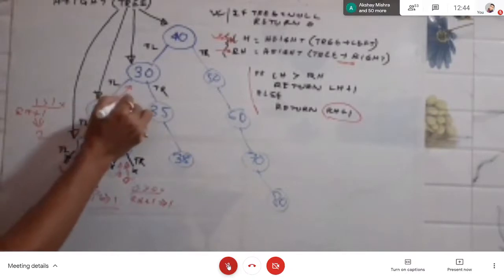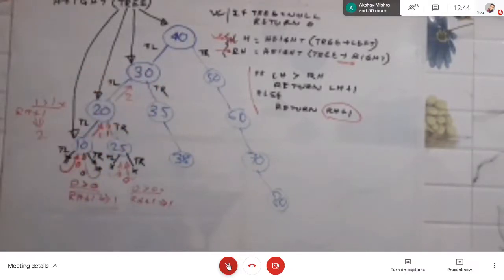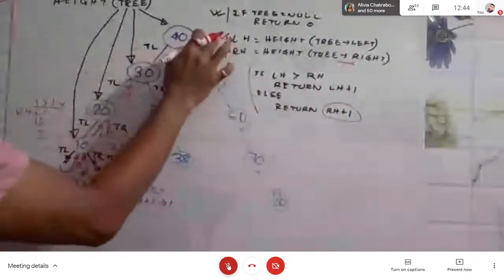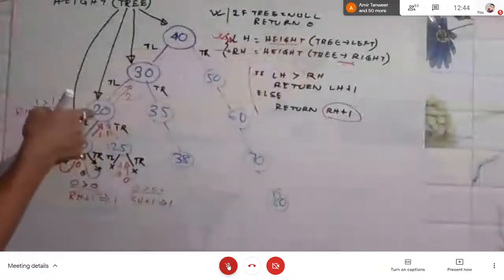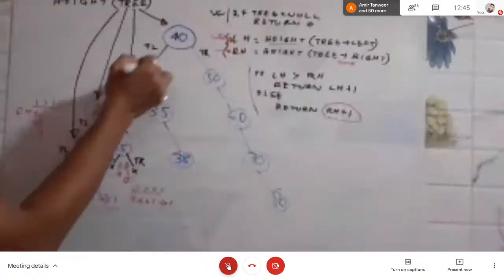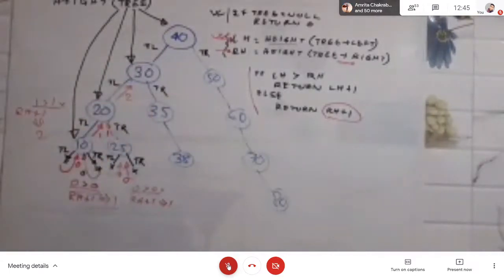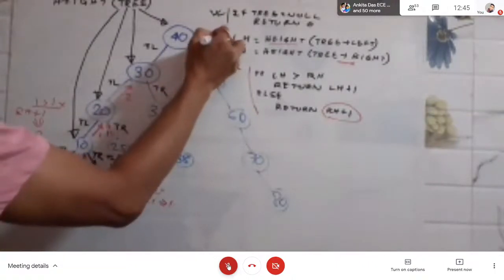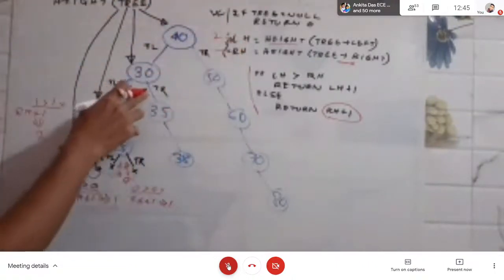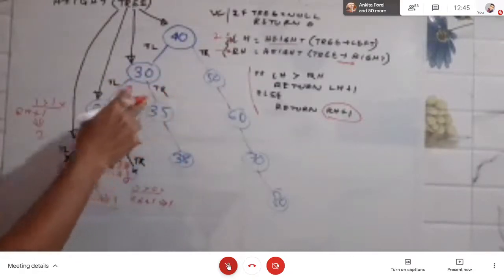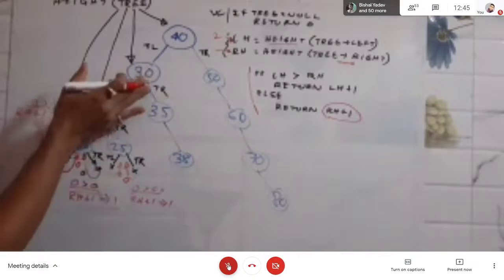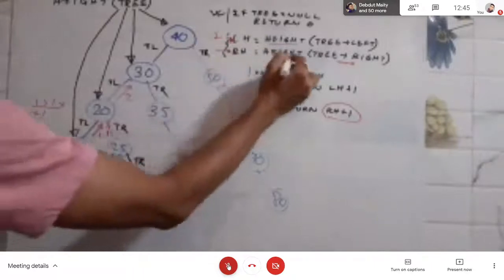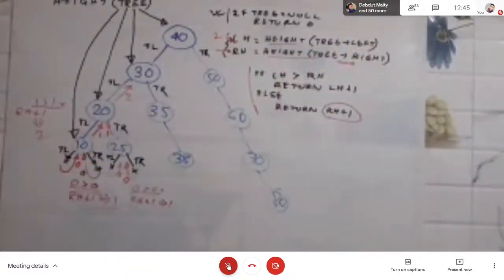We will return 2 to 30. So 30 was actually calling this height with its left child, 20. So from that line, it will get back the value 2. So sitting at 30, this LH is becoming 2. Now sitting at 30, it was incomplete because only the left side was processed. So the right side is now there. Sitting at 30, it will call this line, height of P right, which is 35.